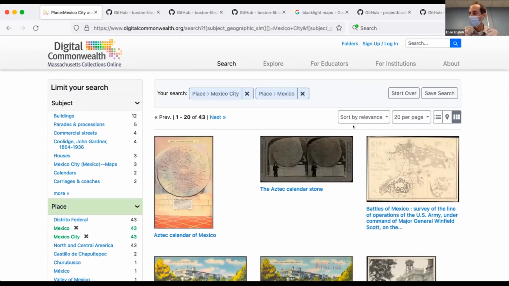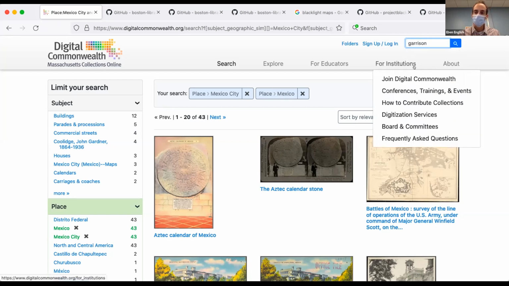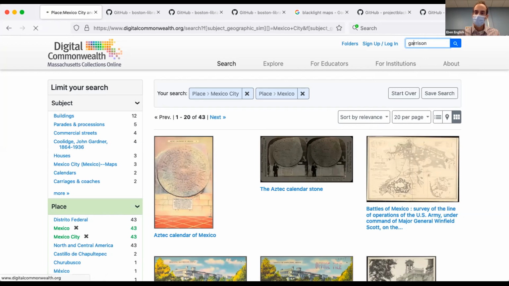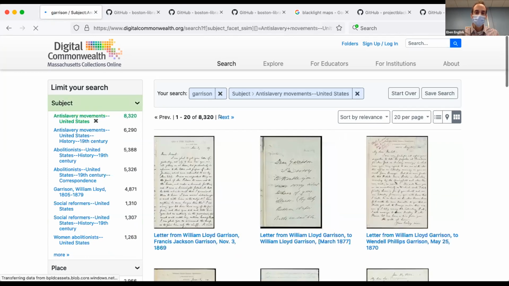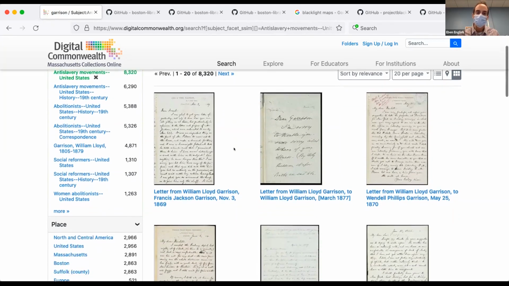One of the other customizations that I wanted to show is that we've integrated the Universal Viewer into our application. So we have a lot of full text content, some of which is like scanned books, but it's also manuscripts, letters, all kinds of handwritten materials as well. So I'm just going to do a search for Garrison. And let's run that. We have a lot of papers from William Lloyd Garrison, who was a prominent 19th century abolitionist. And we've done some work to transcribe these